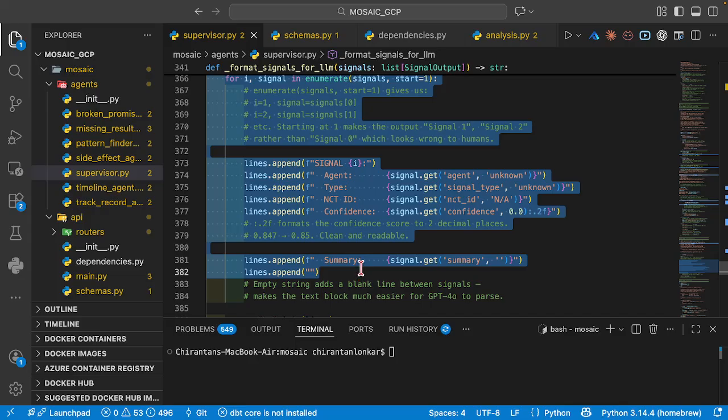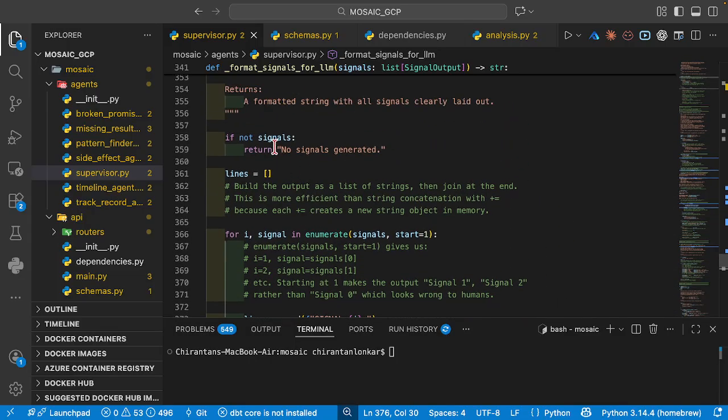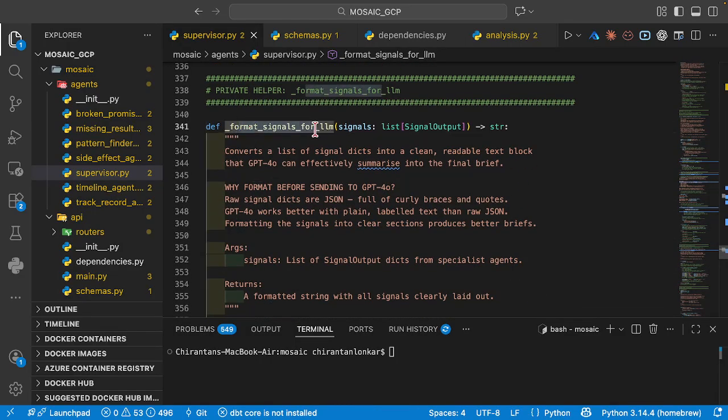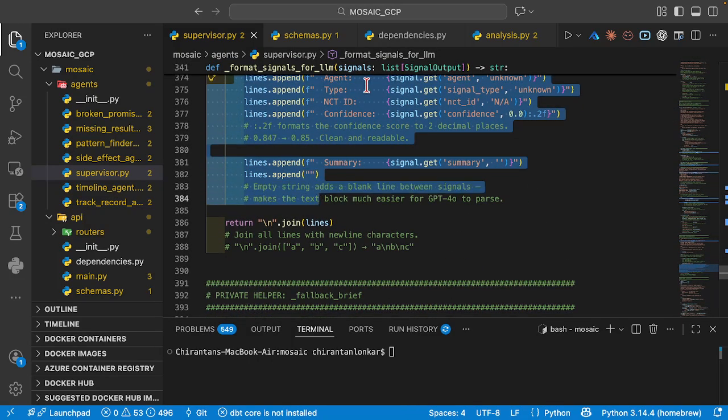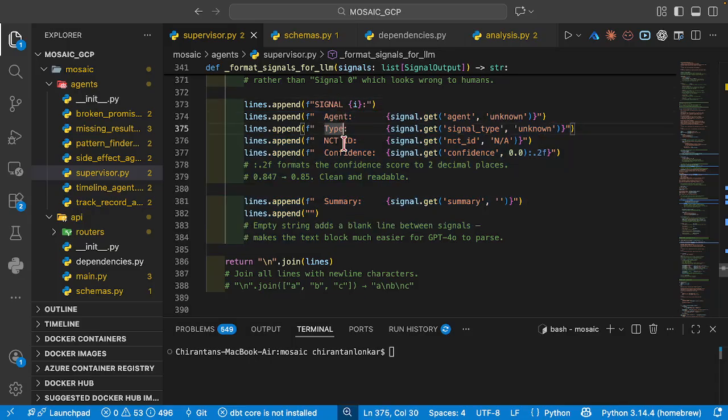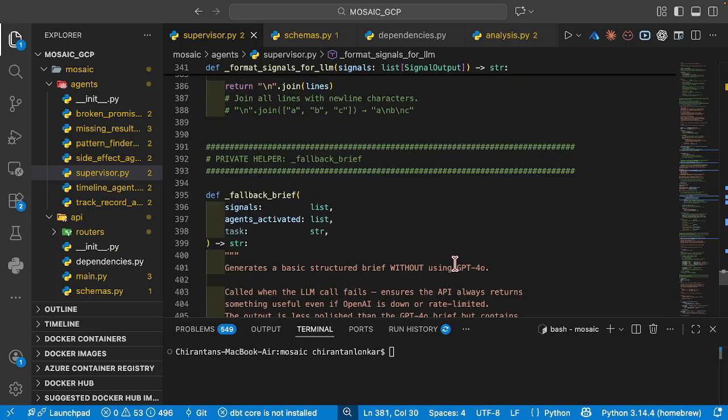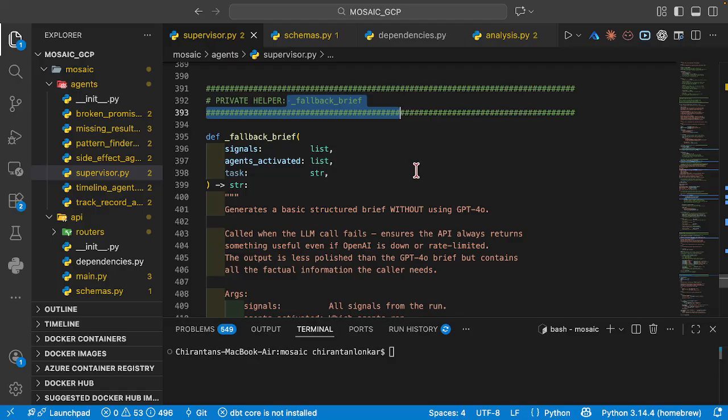And all this data gets fed in. So when we apply this function, format signals for LLM, what does formatting signals mean? It means all this data will be taken into consideration from the signal: agent, type, NCT ID, confidence, summary, all of it. Okay. Then one more helper function, fallback brief, which takes a list of signals,